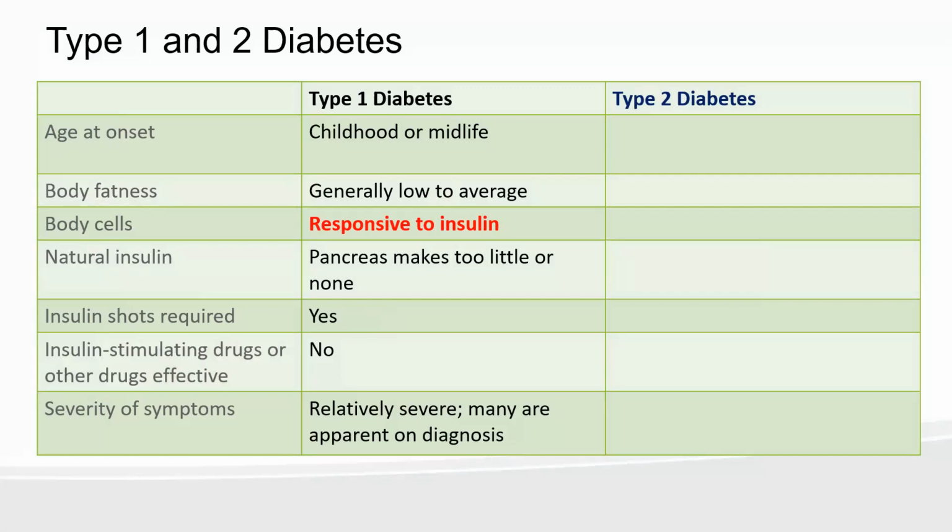So these people usually have an average body fatness, and that'll be important when we talk about type 2 diabetes. And this is maybe, if I remember correctly, about 5 to 10% of diabetes cases. So type 1 diabetes is basically a problem with your pancreas. It's an autoimmune disease of the pancreas. And so your pancreas is not making enough, or it's not making any insulin. And so these are the people that require the insulin shot. And that's the main area of treatment.